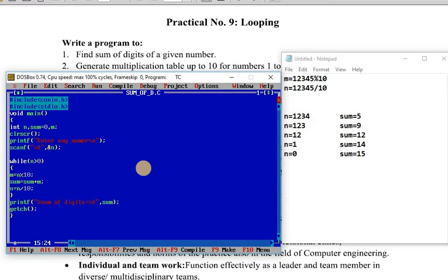So we get here m is 5. Now we can store this 5 into the sum. After that, our number will be 1234. Why? Because that 5 is already used. If we divide that number by 10, we get 1234.5.